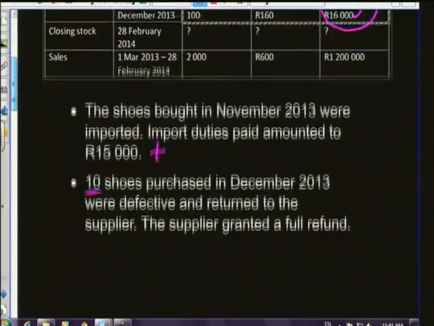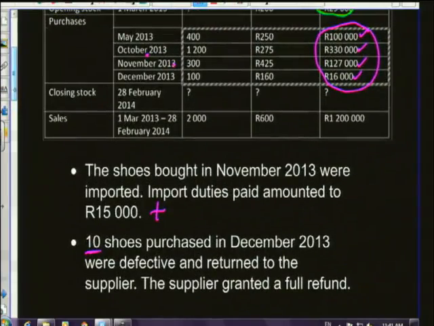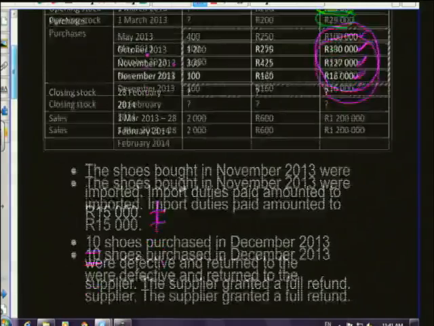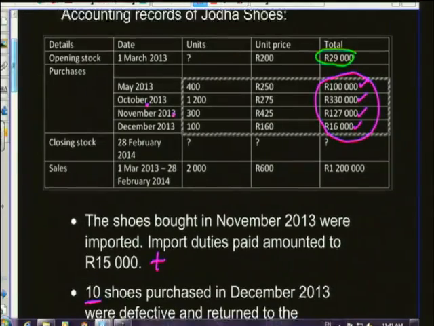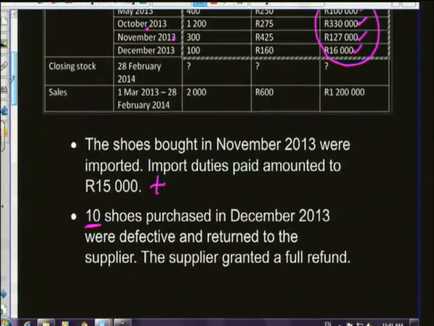So if we go to the month of December, in December, we obviously purchased 100 units. The unit price was 160. So if we are returning 10, the amount of refund that we're getting back, we're obviously going to take our 10 shoes times the purchase price for one pair of shoes was 160, which means we're getting a refund of